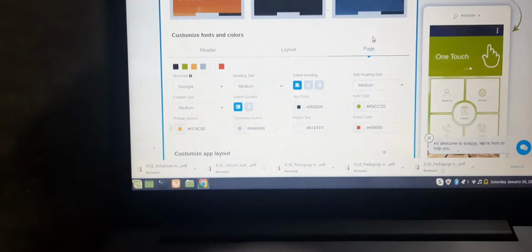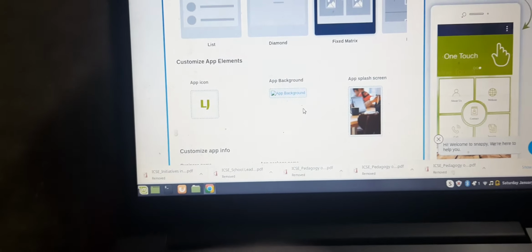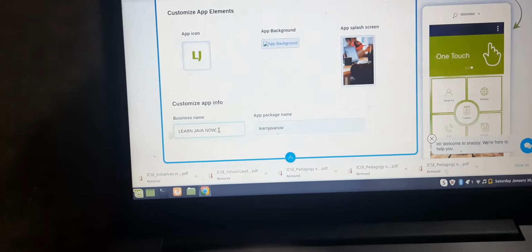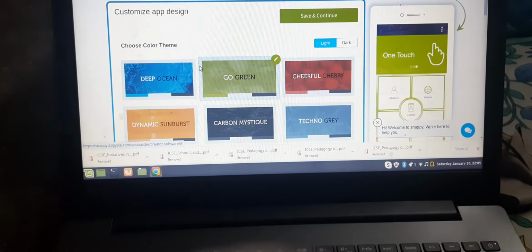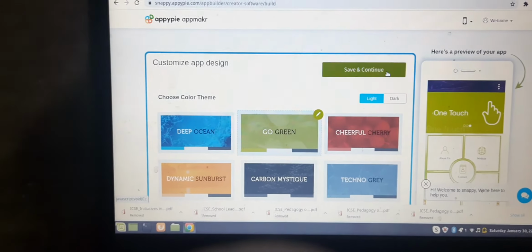Here is the page layout. If you want different colors or a customized app background, or want to change it for any business, you can. After finalizing your changes, you have to click on the save and continue option.